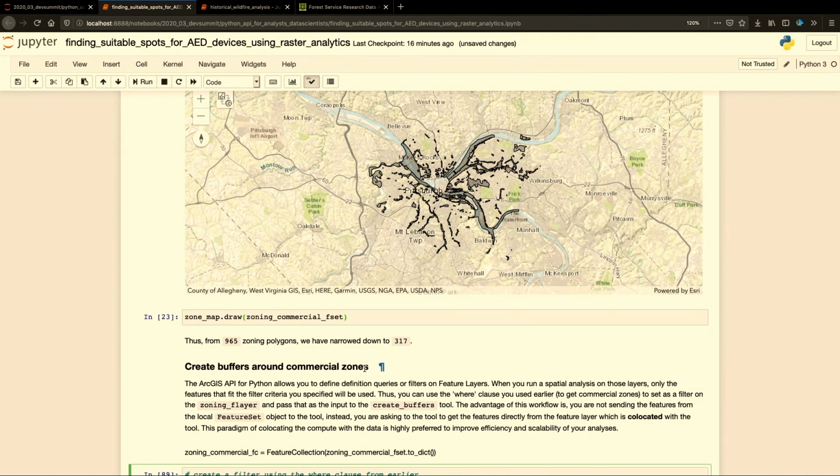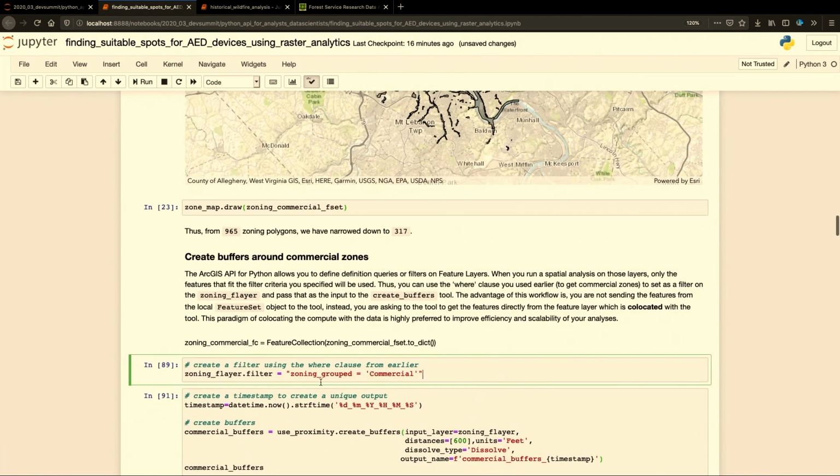The ideal way to do that would be to ask the server to go get the data set right from the feature layer that you originally started with, and then apply these queries on that and only get the results that are matching your criteria. That's what we're doing here. So on the feature layer object, we are using the filter property, and we are feeding in the same exact clause that you gave in the where clause when you ran the query earlier,